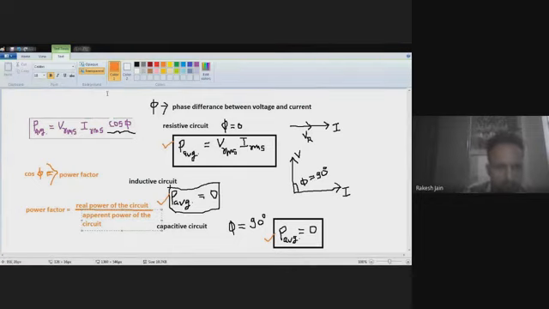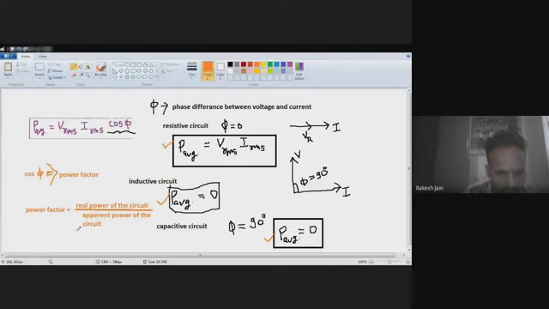What is the meaning of real power? Here, the real power of the circuit is your Vrms Irms cos phi, or Vm Im upon 2 cos phi, divided by the apparent power of the circuit, that is Vrms Irms. So Vrms Irms is the apparent power, and the real power is Vrms Irms cos phi. When we divide it, we find that cos phi remains. So this cos phi is known as the power factor.